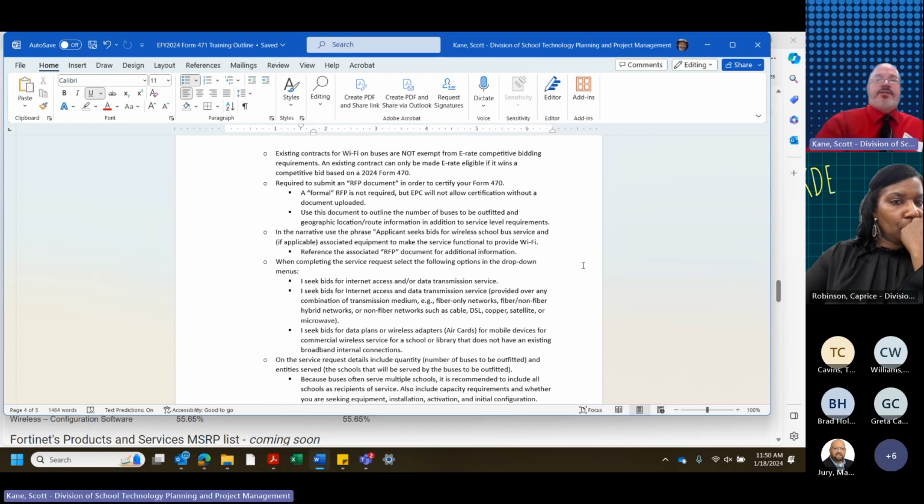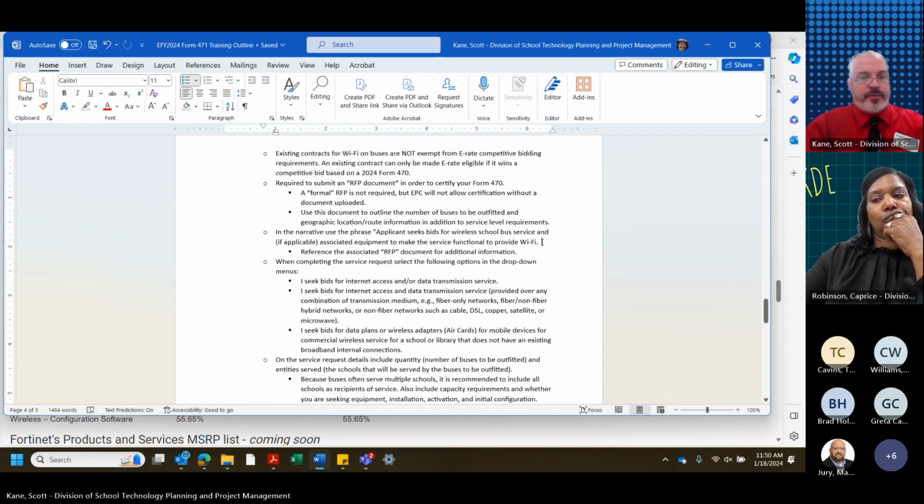In the narrative, and this is directly from USAC, by the way, they use the phrase, "applicants seek bids for wireless bus service and, if applicable, associated equipment to make the service functional to provide Wi-Fi." Right? So that's a quote.